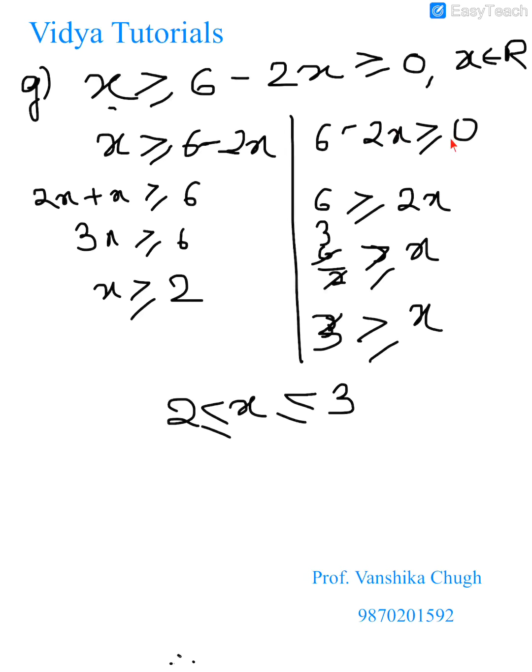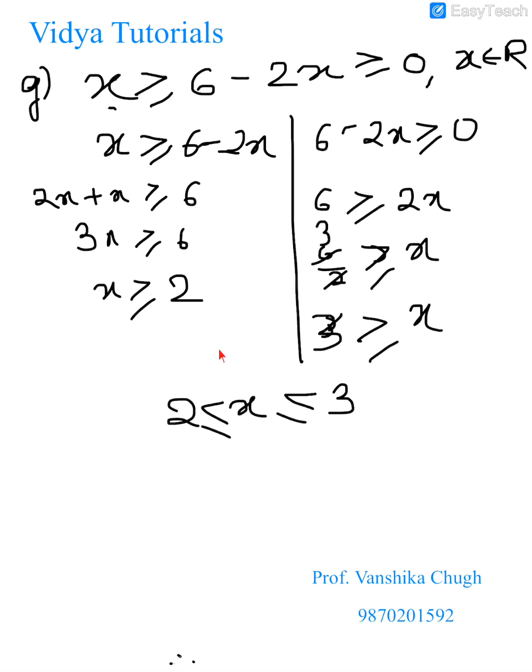Solving this side, I move this over here, so I get 6 is greater than or equal to 2x, and when I divide it by 2, I get x smaller than or equal to 3. Again, now framing your solution set is very important. You will write x in the center. X is what? Greater, mouth is open, so same way, greater than or equal to 2. X is here, the mouth is closed of the sign, so less than or equal to 3. This is how you have to frame.